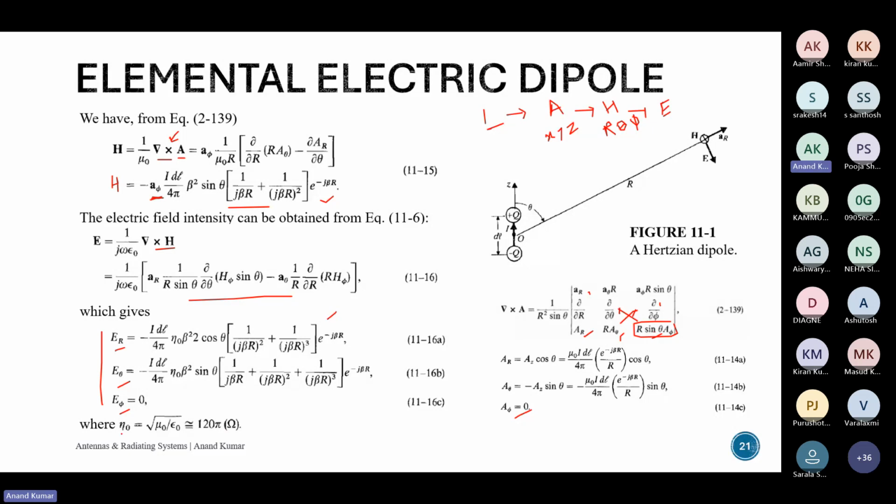Okay. And there'll be some term where you will end up with a ratio which looks like root over mu naught on epsilon naught, which is defined as eta naught, or the intrinsic impedance of free space, whose value would be 120 pi, which is I think three. Okay. I'm again, the cursor is moving a bit.